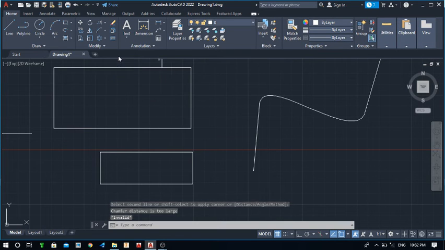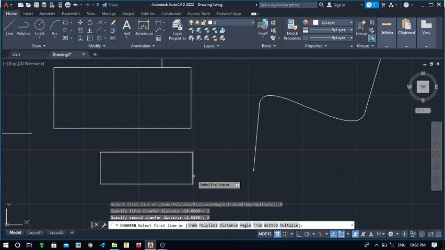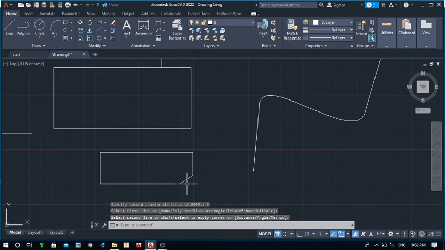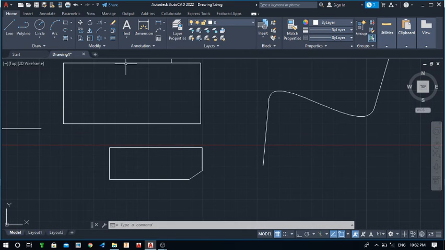Again go to the chamfer command and then just click on the distance. Okay, put it as 2 mm, enter, and the second distance as 3 mm, enter. Okay, and then select the first corner and the second corner. Here you can see the chamfer has been generated with chamfer length 2 mm by 3 mm. Okay, like this. This is the magic of the chamfer command.